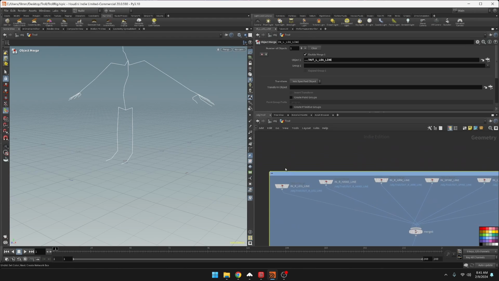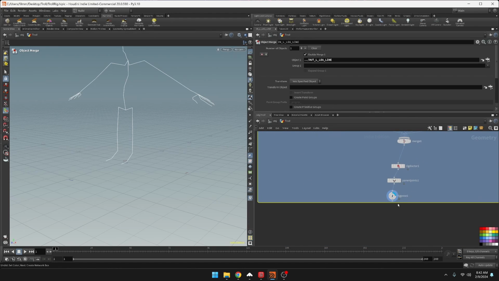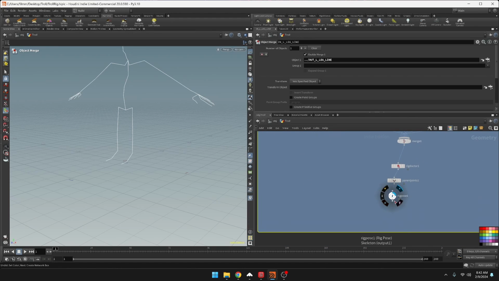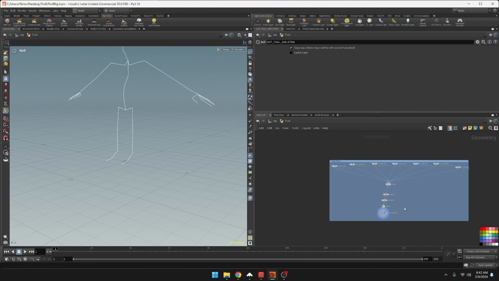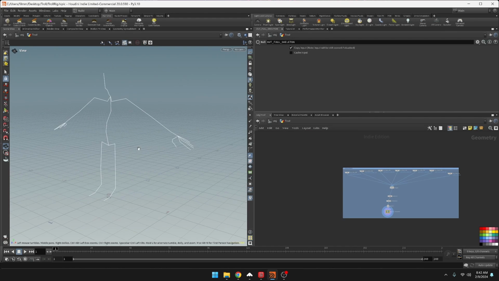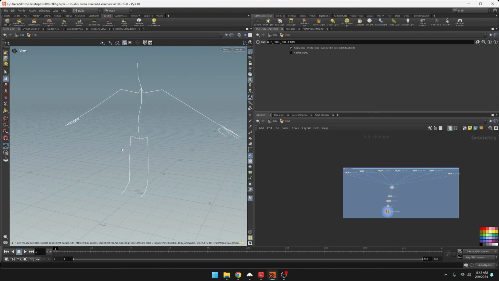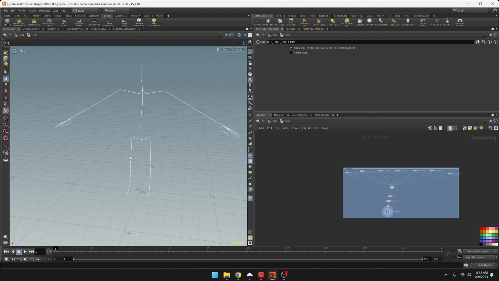And this is going to be skeleton network, and then let's create a null node out here, and let's call this out full skeleton. Okay, so that gets us the full skeleton for our character. It's not bound or anything yet, but we do have the full skeleton. I'm going to save the file,